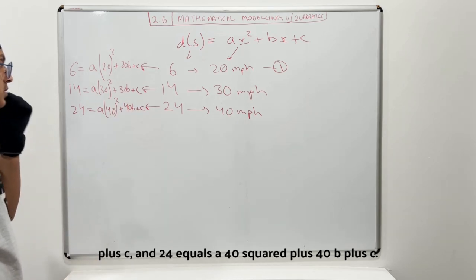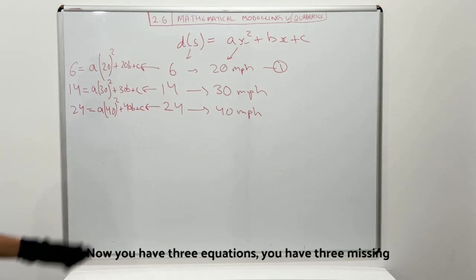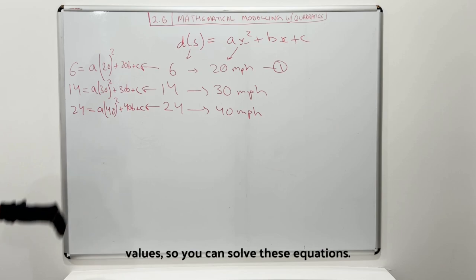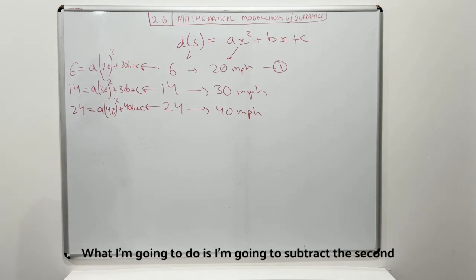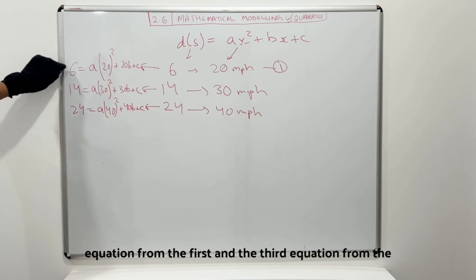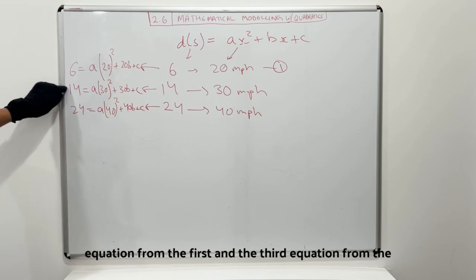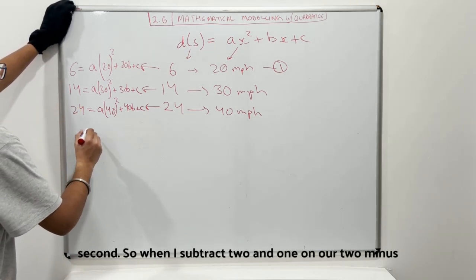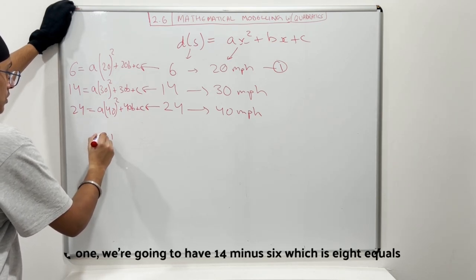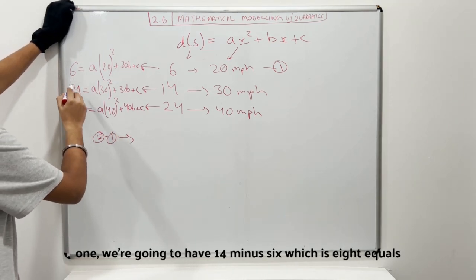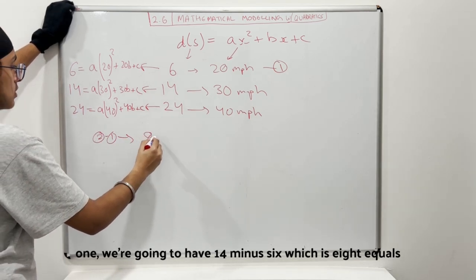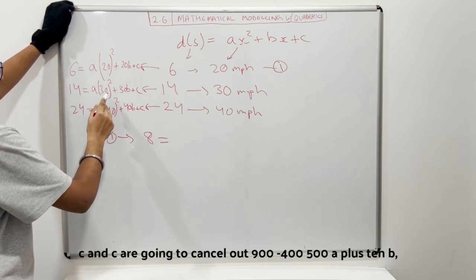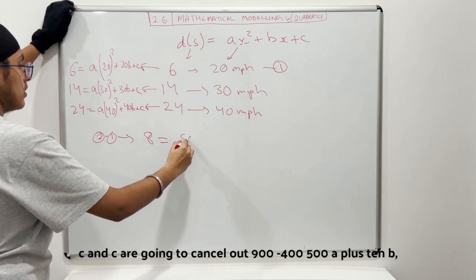40b plus c. Now you have 3 equations and 3 missing values, so you can solve these equations. What I'm going to do is subtract the first equation from the second, and the second equation from the third. When I subtract 1 from 2, we're going to have 14 minus 6, which is 8, equals... c and c are going to cancel out. 900 minus 400, 500a